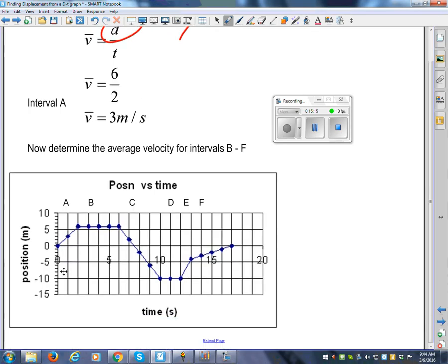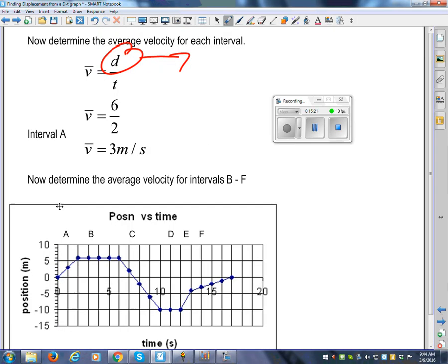So here's your example. You're going to have 5 to do right away. So interval A, the displacement is from 0 up to 6. That's where the 6 comes from. Where does the time equal to 2 come from? Because it took 2 seconds. 2 minus 0. How much time is interval B? 6 minus 2 or 4. If you want to count, 1, 2, 3, 4. So the average velocity for interval A is the displacement, which is 6, up 6, over 2. Hey, that sounds an awful lot like I said, up 6 and over 2. That sounds a lot like